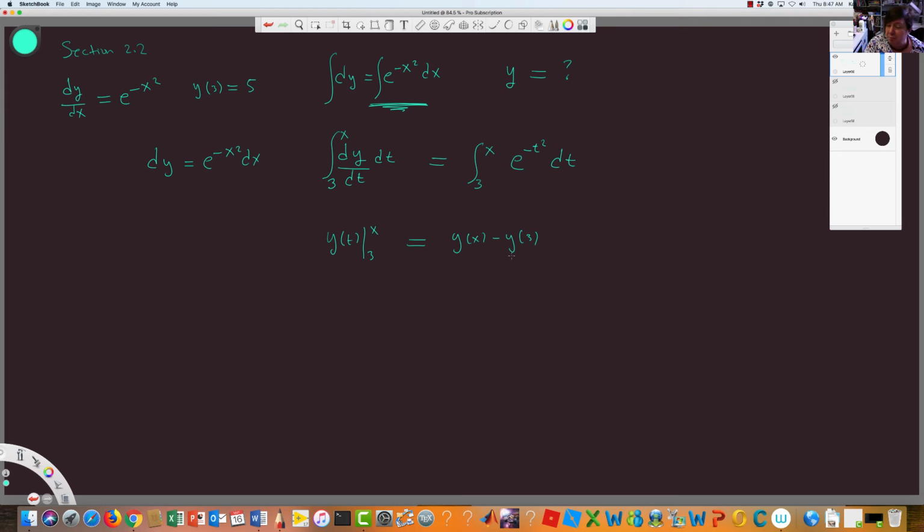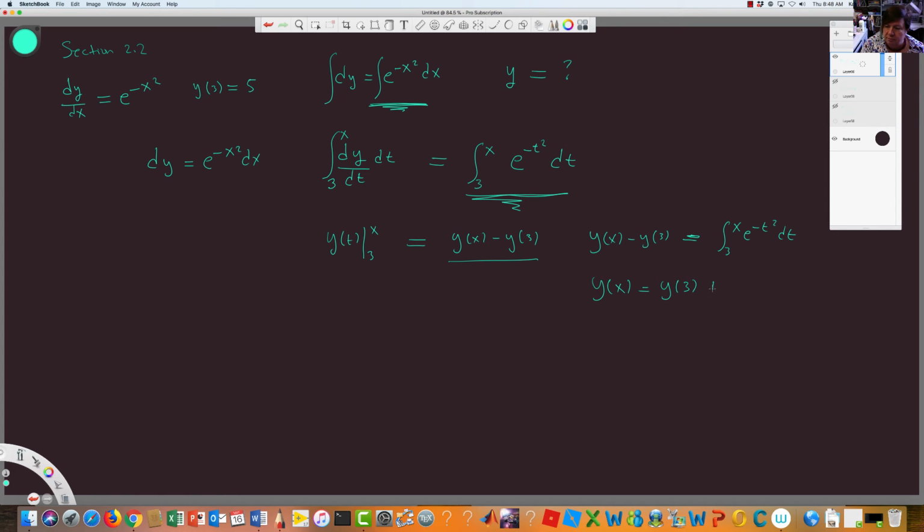Well, I know y of 3 is 5, but I'm not putting it in there yet. But I used it because I want to be able to put it in there later. Okay, so that's one side. On this side, there's nothing I can do with this side, right? It just sits there for a second. All right, so we'll leave it. So we have on this side y of x minus y of 3, and that's equal to this integral formulation, 3 to x, e to the minus t squared dt. Okay, so now I can actually solve for y equals y of 3